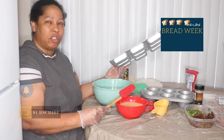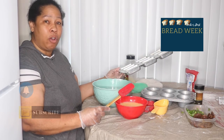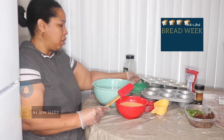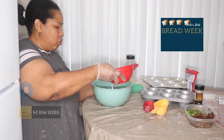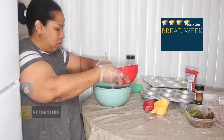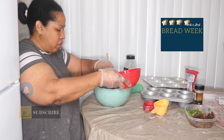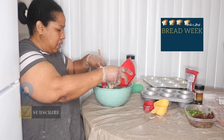What I did do though, I greased my baking pan. I'm not gonna do a traditional loaf. I'm gonna do 9 little mini loaves. So that's why I have this one all greased and ready to go. So I'm gonna put a well in my dry ingredients, and I'm gonna pour my wet ingredients down in there,